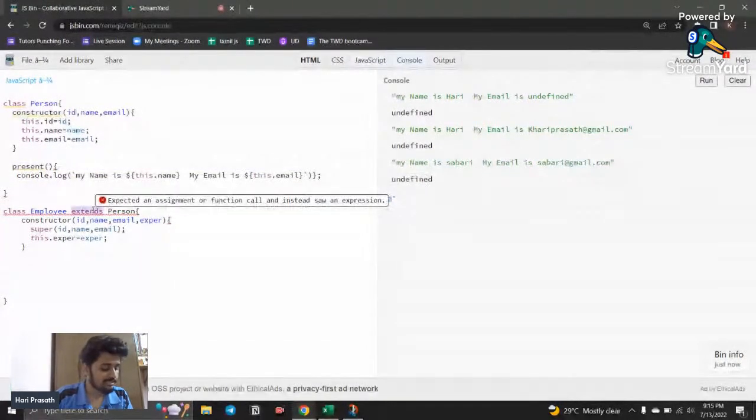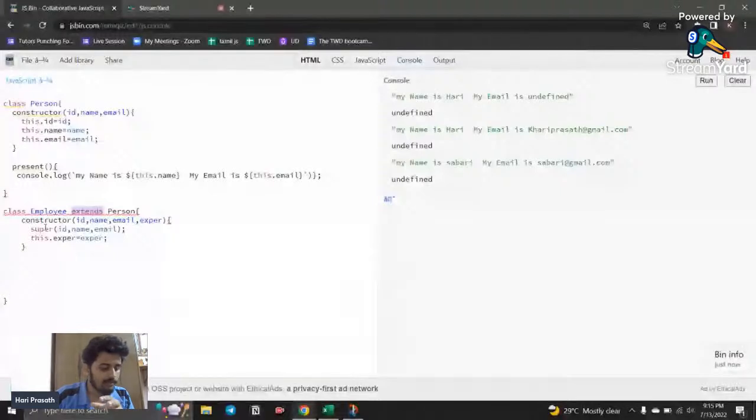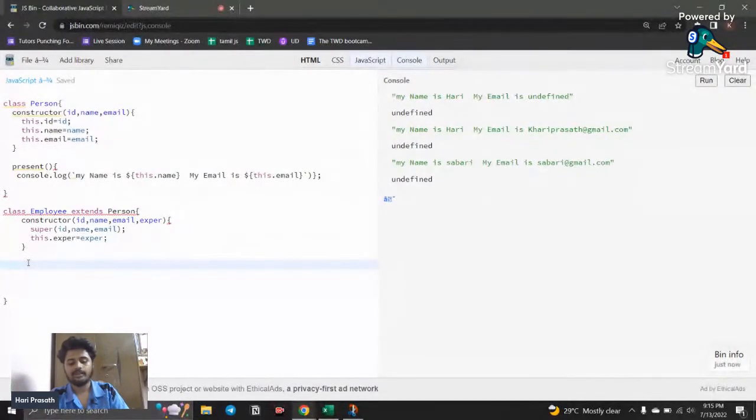When we use this extends, we are able to access it. So while we are calling this super, we have access to all the methods and also the properties. Whatever new function you want to add, you can add here. For example, I'm just going to say call is my new function. Here I'm just going to call that, and here I just say